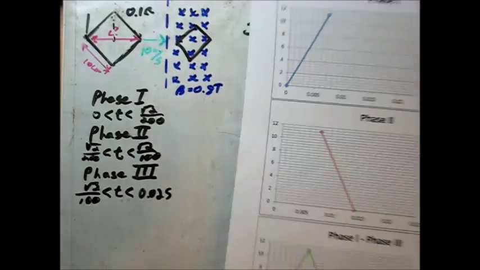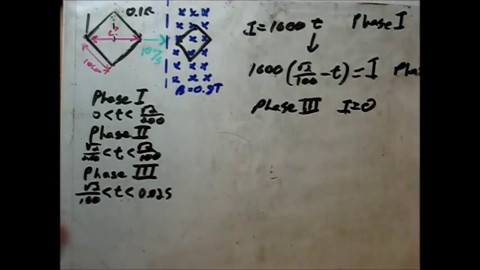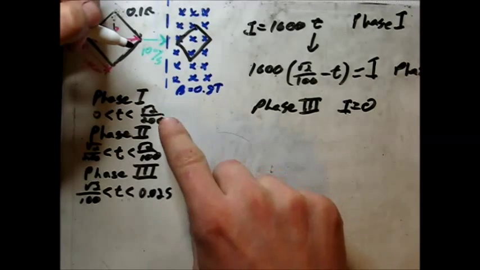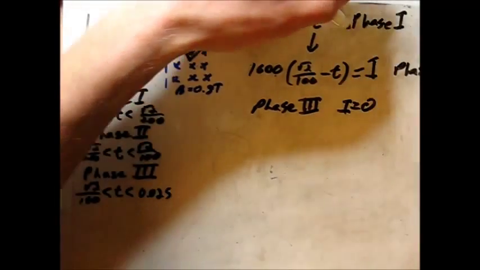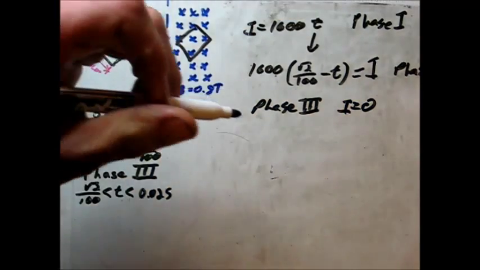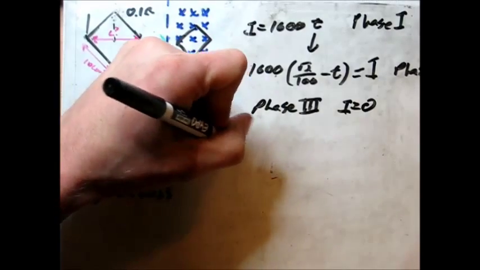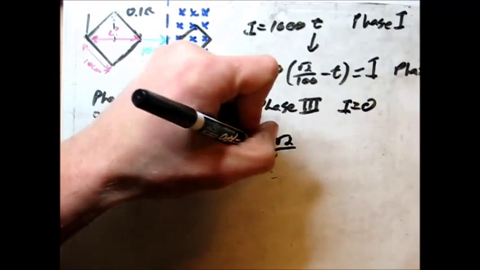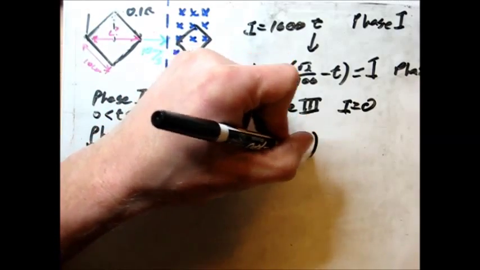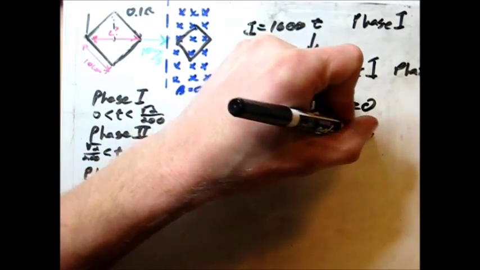Alright, so we know that this boundary condition is where this peak is. We stated that that is the square root of 2 over 200 seconds, so we can easily solve what our maximum current is by just putting that value into our phase 1 or phase 2. Either one will work. Let's do phase 1, it looks easier. 1600 times square root of 2 over 200 seconds. And that ends up equaling something like 11.31